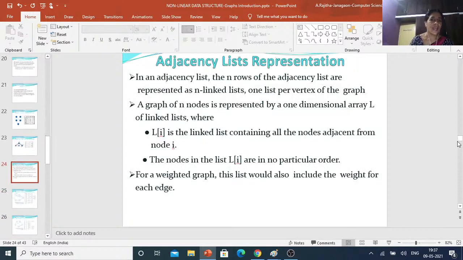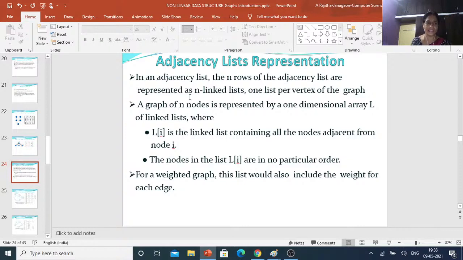And the next is the adjacency list representation. In an adjacency list, suppose the graph contains 5 nodes, it contains 5 lists, and every list is stored in some array.